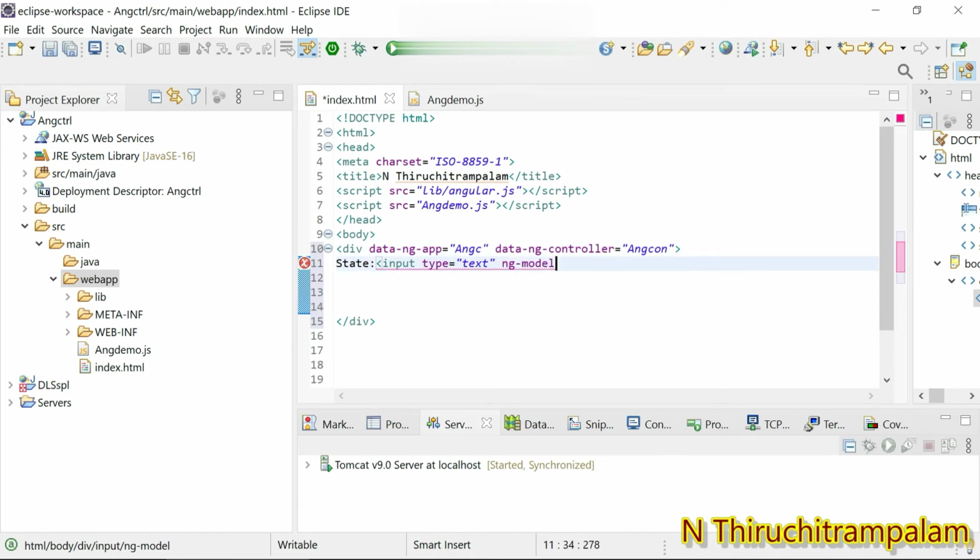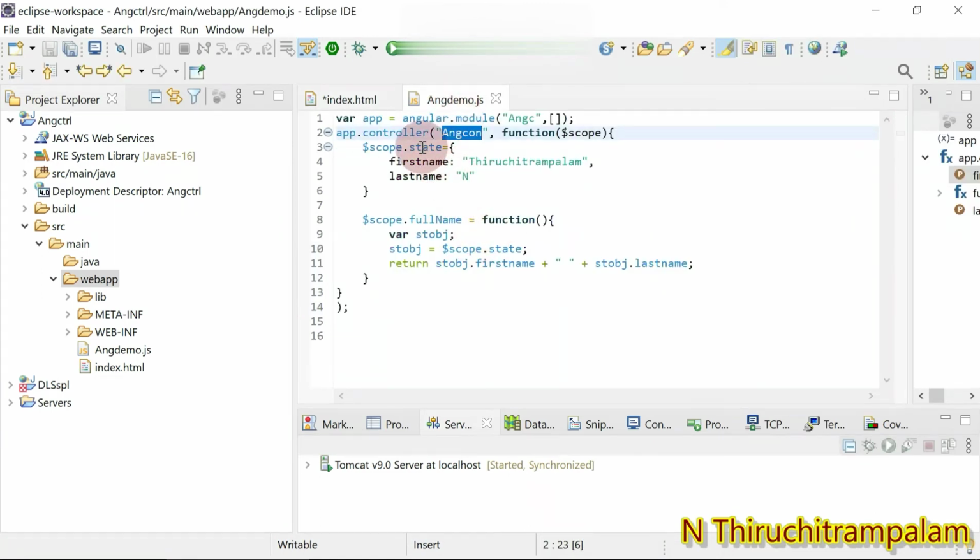So for this we make use of ng model. Here ng model equal, within double quotes we need to give whichever property should be updated from the view, as well as whose value should be displayed on the view. In that scenario, that property name should be picked. So here we are going to make use of the property name state, scope dot state.